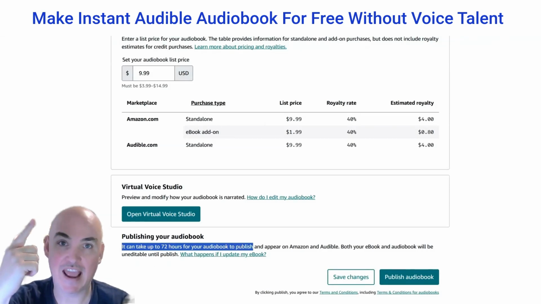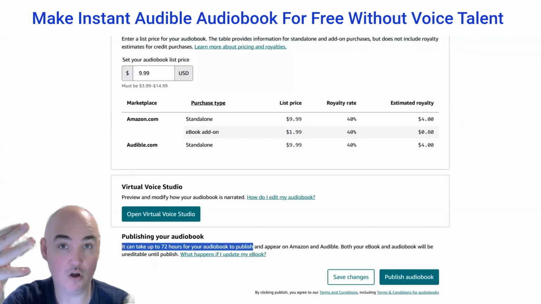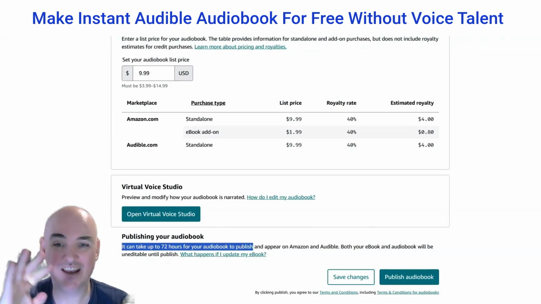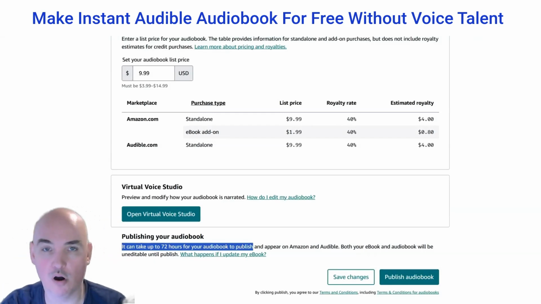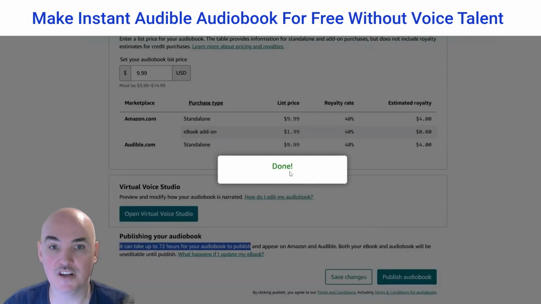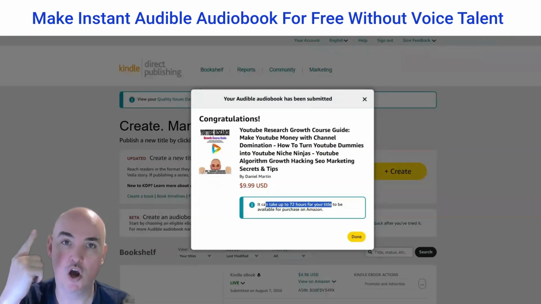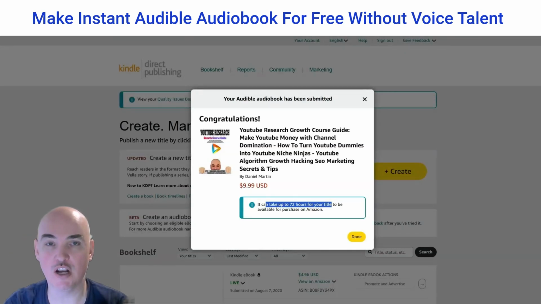So now you have an ebook, you have a printed book, you can also have a hardcover book, and you also have an audiobook. So 3 to 4 streams of income from your one work is going to be awesome. So we go ahead and publish the book, and it's going to say done. And then after that, it has your book right here. It says how much you're going to list it for, and please wait up to 72 hours so that they can go ahead and get it on the marketplace for you. And remember, it's going to be on Amazon and Audible, so that's 2 more streams of income you're going to generate for absolute